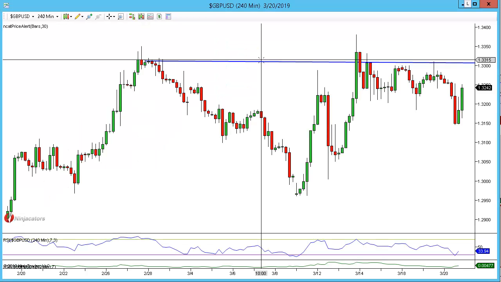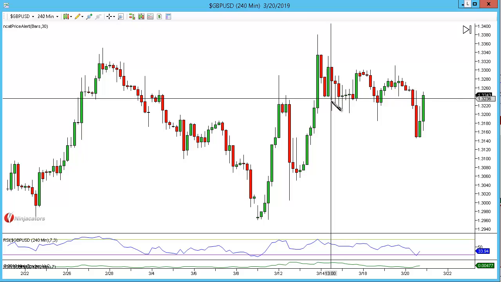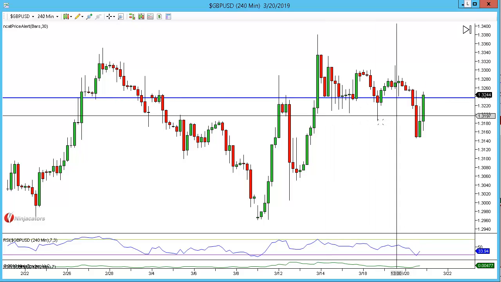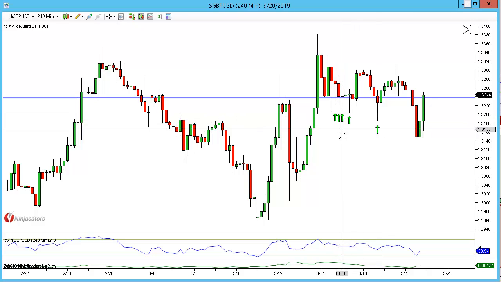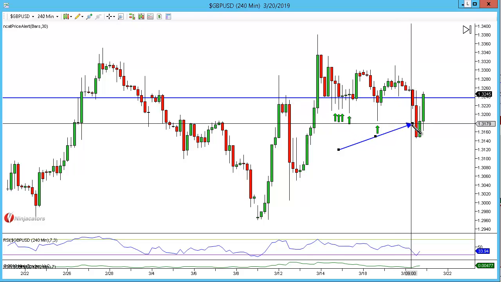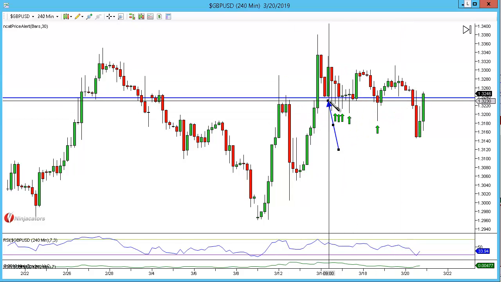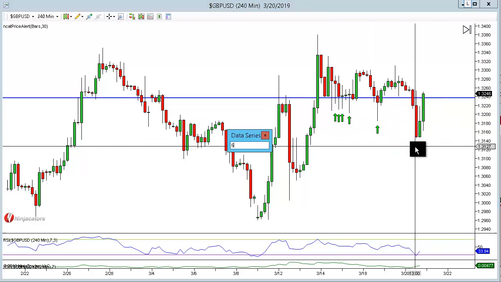If we go to the 240, this is what I'm paying attention to. If I put a structure level on in here, in fact if I just highlight all the, I'll just put arrows on right here. You can see that we have broken below that level. An indication here, because this is a decent structure level that's been violated, that we could see a continuation to the downside. If we go to the 60,